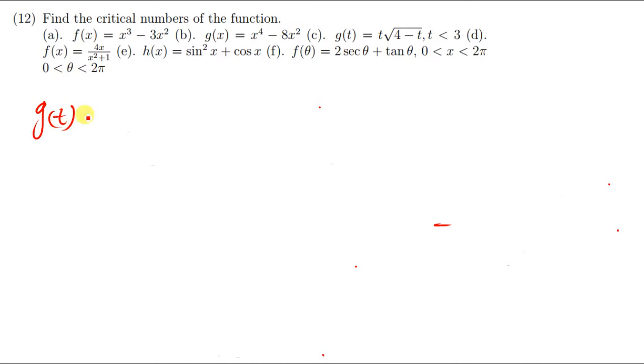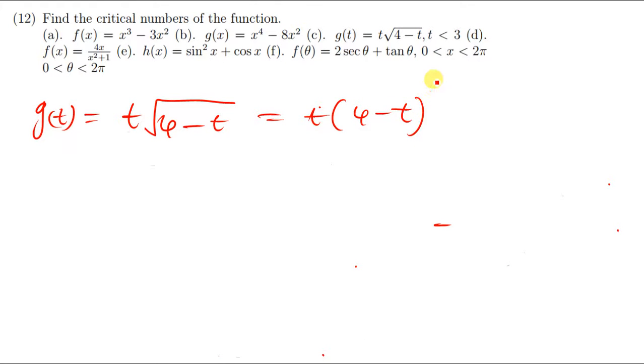We have g of t is equal to t times the square root of 4 minus t, which can also be written as t open brackets 4 minus t to the power 1 over 2. Okay, so now we can differentiate this one to find g prime of t, which is just going to be